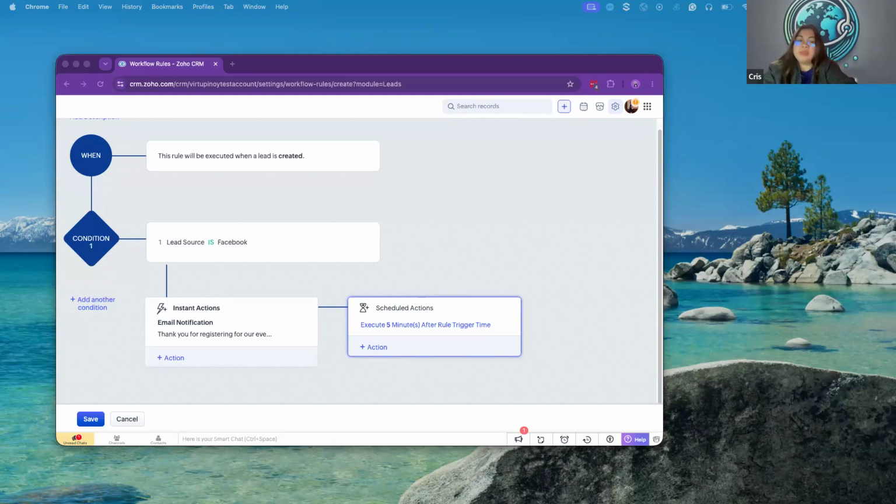You can say, create a Zoho CRM workflow where a new Facebook lead automatically gets a follow-up task after 5 minutes. And then AI should be able to give you the steps that you need to do for you to be able to create this workflow.